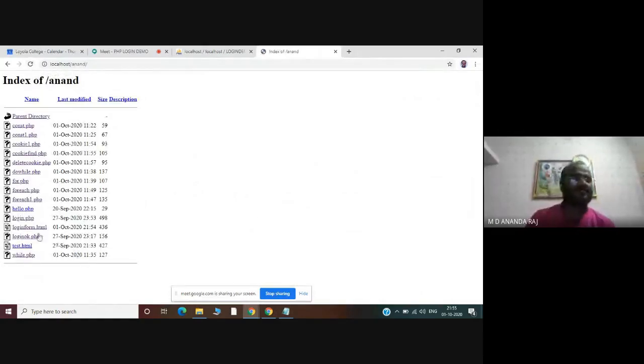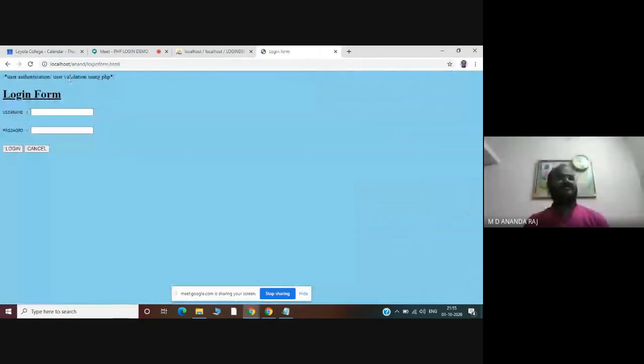So you have to click this particular form called login form.html. So user authentication, your user validation using PHP, and you have to provide your login details, that is username and password. Login button, cancel button. The first part is over.